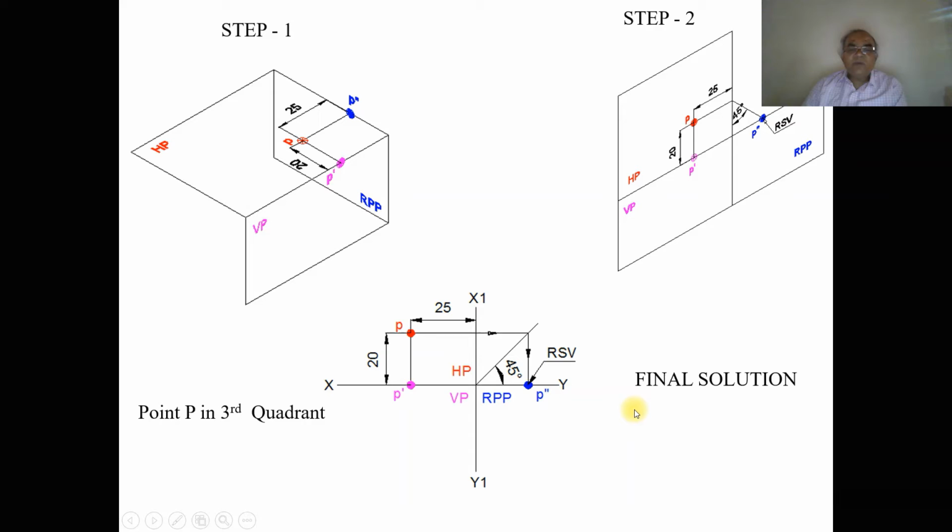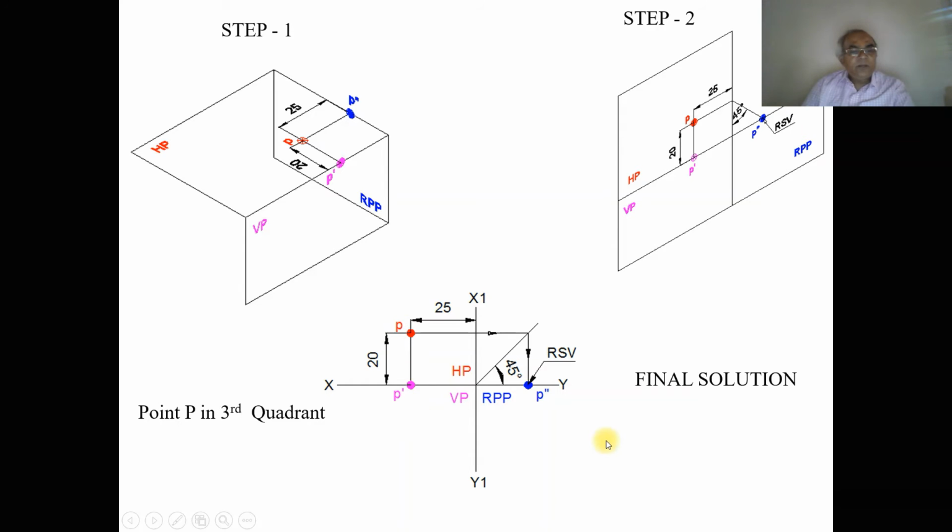So in the solution also, when we are doing it, we are going to show either one of the problems and the other will not be shown. But here I will take up the third quadrant problem. That is basically because we have already solved many of the problems in the previous videos. We have solved it in the second quadrant, so I'm going to solve this problem only in the third quadrant.